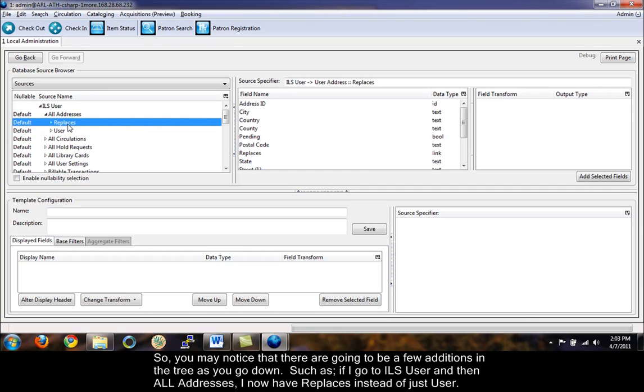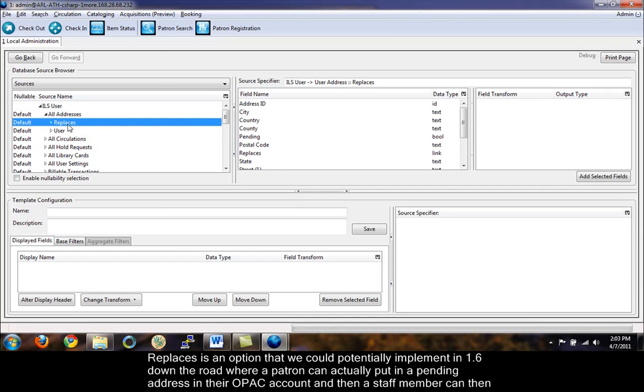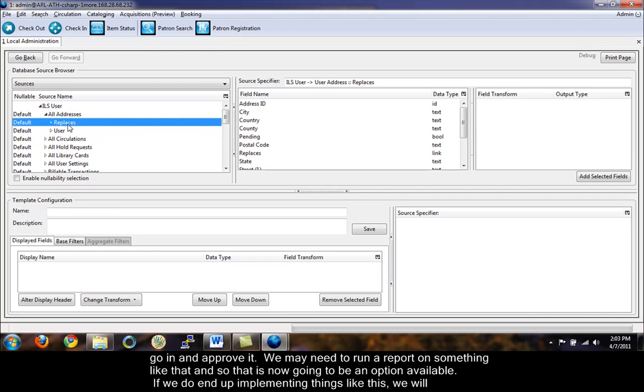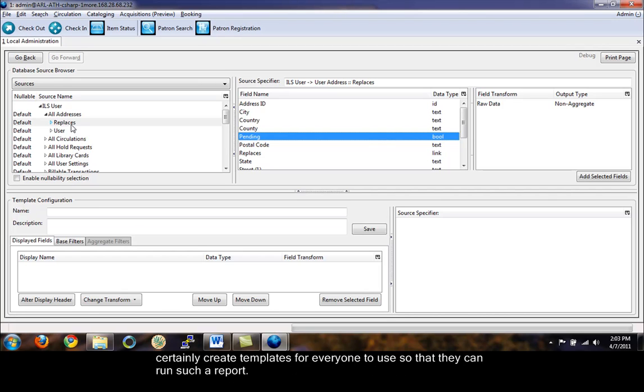Well, replaces is an option that we could potentially implement in 1.6 down the road, where a patron can actually put in a pending address in their OPAC account, and a staff member can then go in and approve it. Well, we may need to run a report on something like that, and so that's now going to be an option available. If we do end up implementing things like this, we will certainly create templates for everyone to use so they can run such